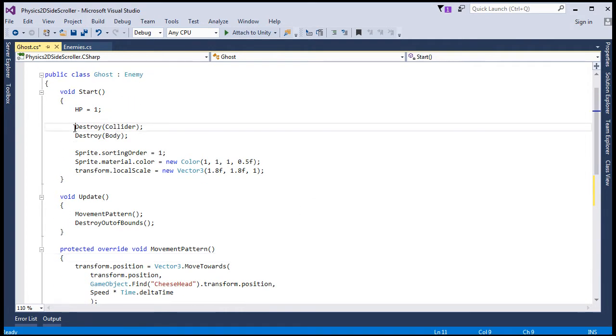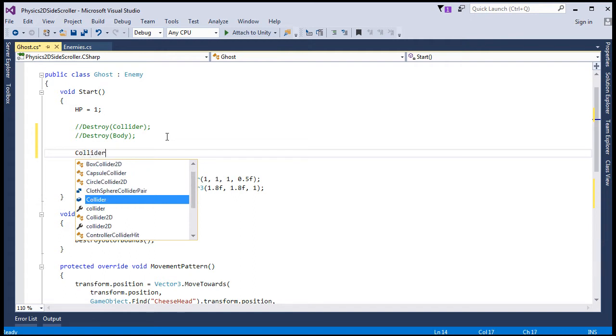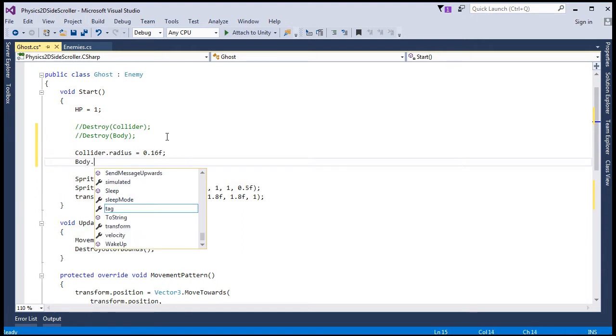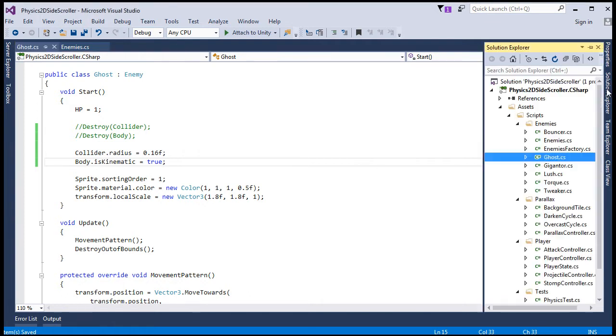All right, so actually for the ghost, let's do this. We're actually going to keep the collider and the rigid body, so just comment that out or remove it. We're going to want to set the rigid body as isKinematic. So actually first the collider radius equals 0.16f, and body.isKinematic is true. And what the ghost is going to end up doing is, instead of killing our player, you can't really kill a ghost, and a ghost shouldn't be able to kill you, so we're going to have it spook the player. So let's go back to the player controller and